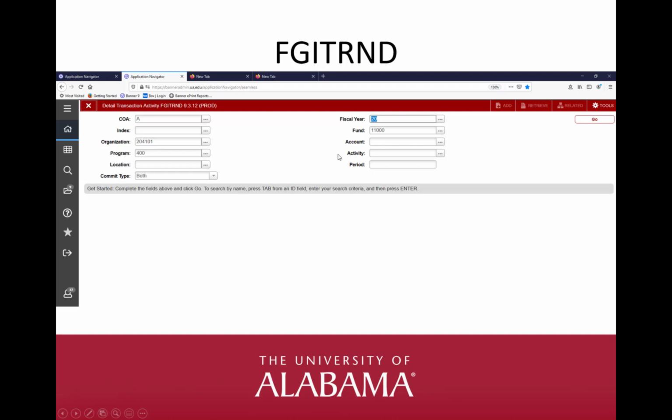We don't use indexes. These are shortcuts for default fund, org, and program. Enter items in the key block if you are searching for those specific values of fund, org, account, and program. The period would correspond to the fiscal period. October would be 01, November 02, and so forth until September, which is period 12, and sometimes period 14, our accrual period. You can use the filter option to search in the return data, and all fields are searchable except